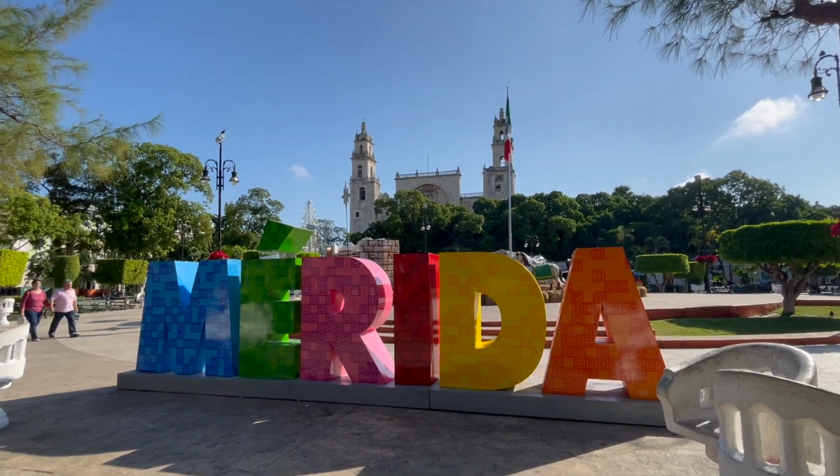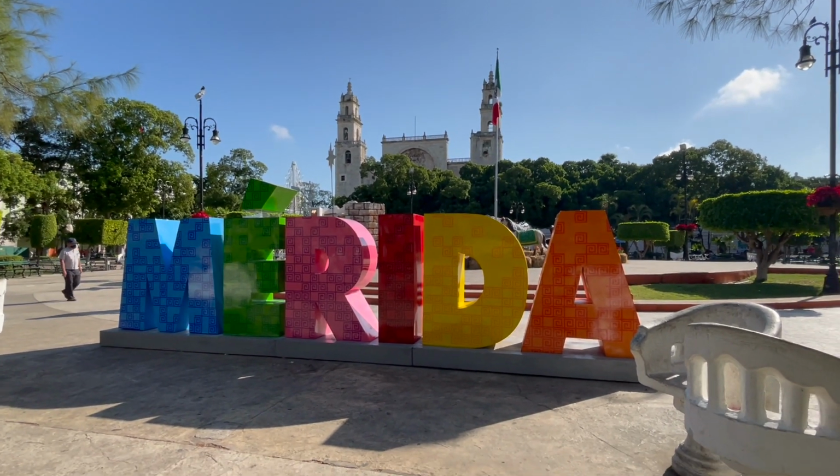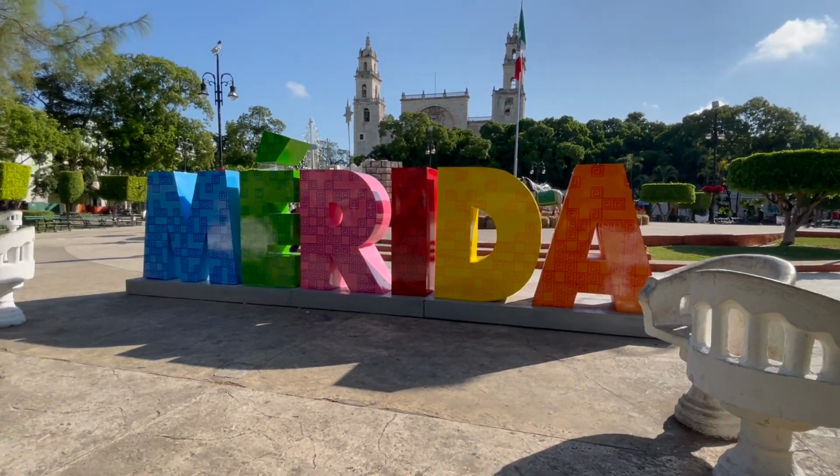When you start looking for a house in Mérida, Mexico, of course you're going to start online. It's how we all search now. So I'm going to break down this content into things to look for online before you start looking in person, then the in-person stuff. All right, tip number one when buying a house in Mérida, Mexico is to understand that